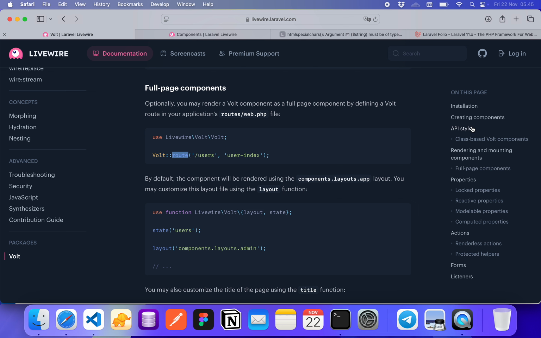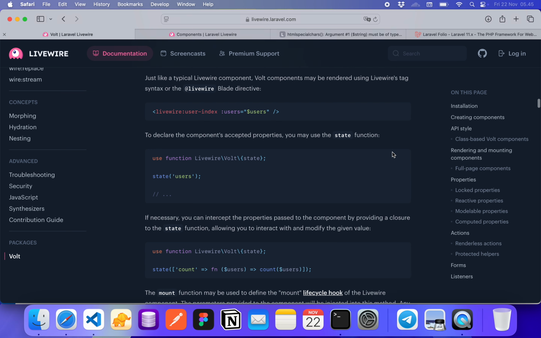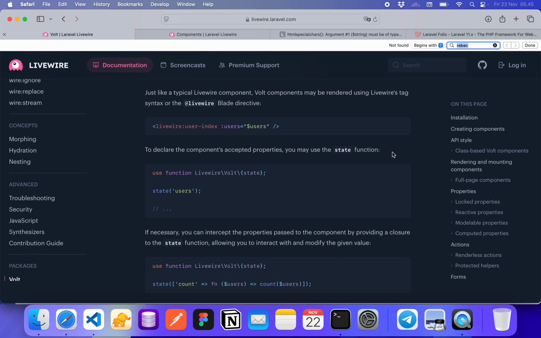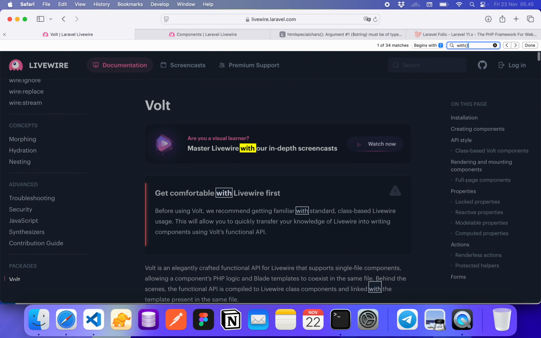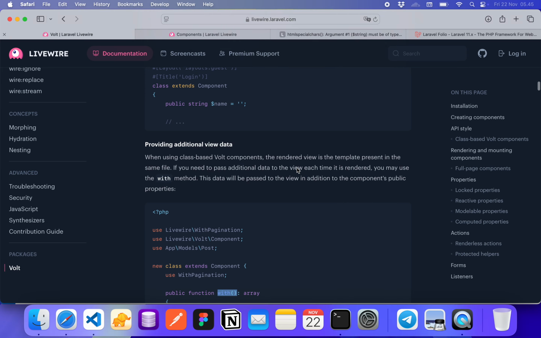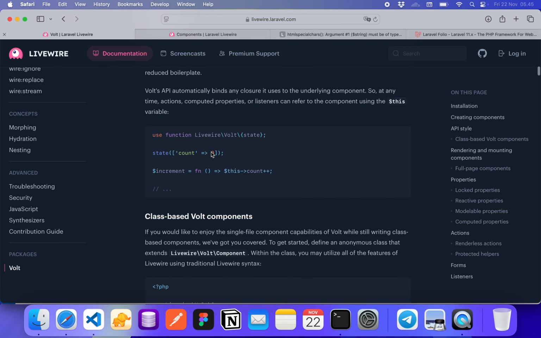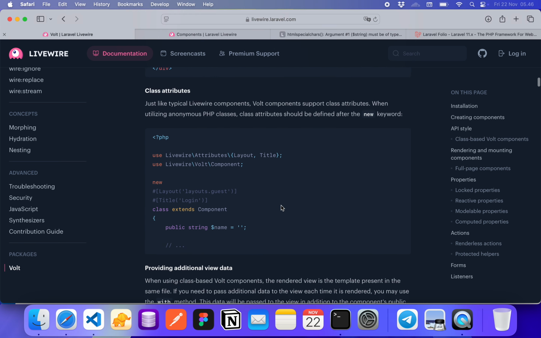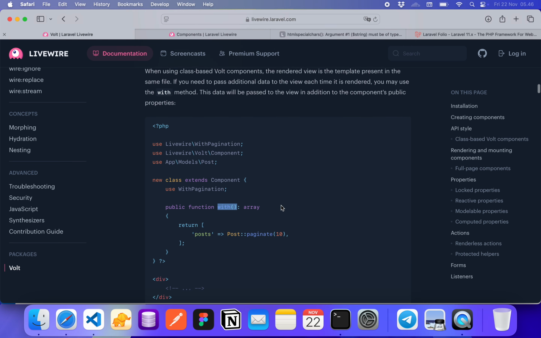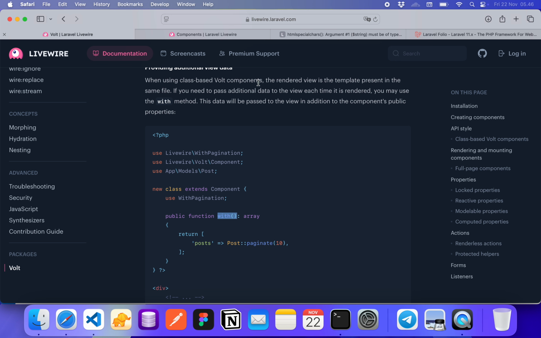if I want to pass data here, let me see again. I will use search. I will use with here, providing additional view data. Which section? Class-based Volt components. Okay, when using class-based Volt components, the render view itself is the template present in the same file.